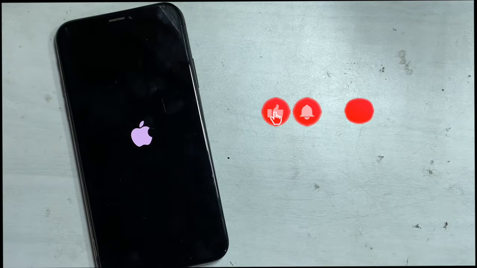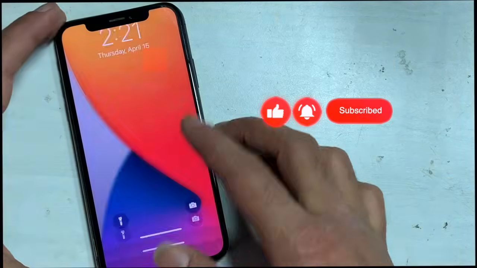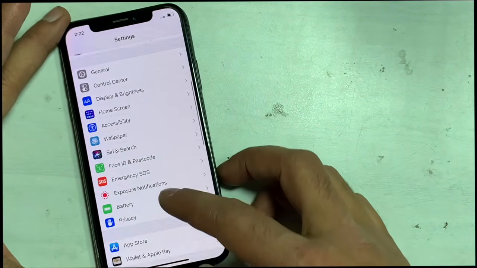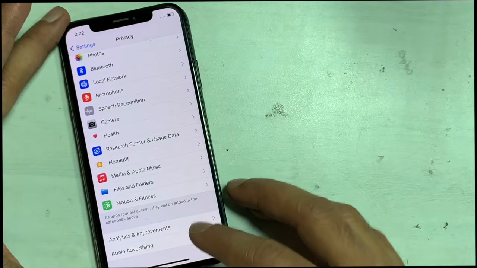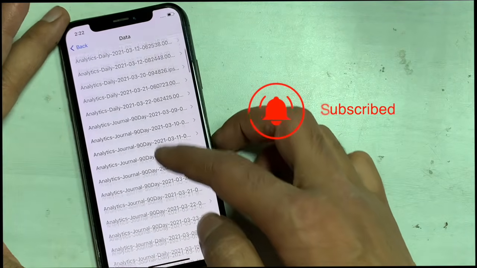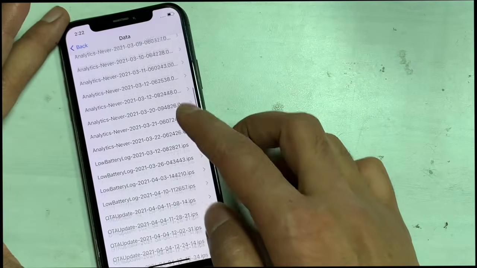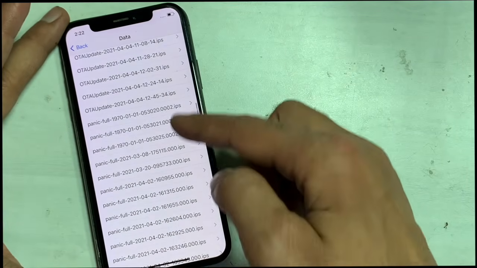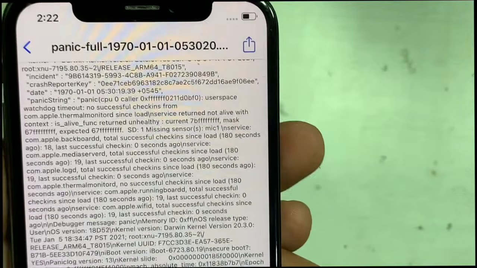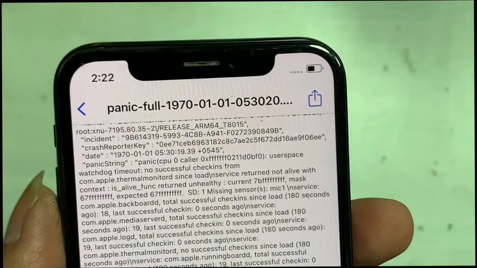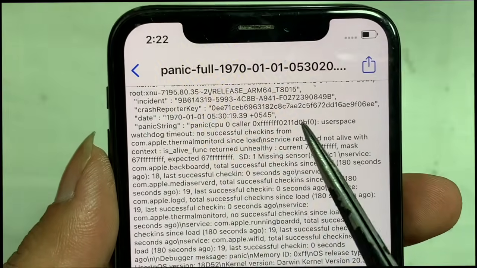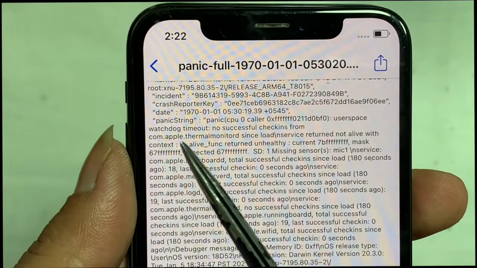If the iPhone randomly restarts, then the iOS system captures panic log data. Go to Settings, Privacy, scroll down and tap on Analytics and Improvements, Analytics Data, scroll down and search for panic log. Panic string: panic CPU, user space watchdog timeout, no successful checkin